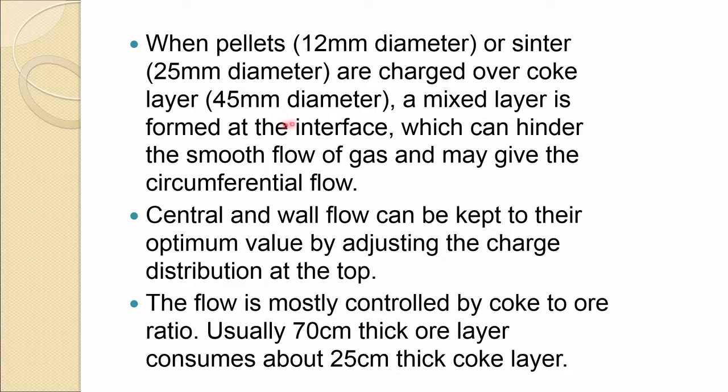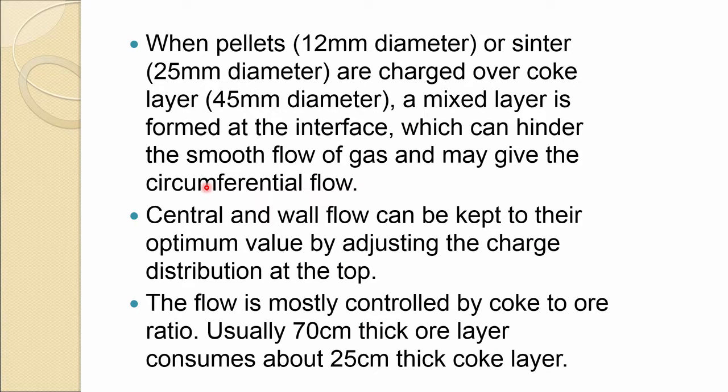As you know, this is a big particle on which you are charging, let us say this is smaller, as I said, 4 times difference. So, these pellets can settle between the coke voids, and that will reduce the permeability, especially at the interface. And when this happens at the interface, then there is more resistance to the gas flow, and then there is a preferential